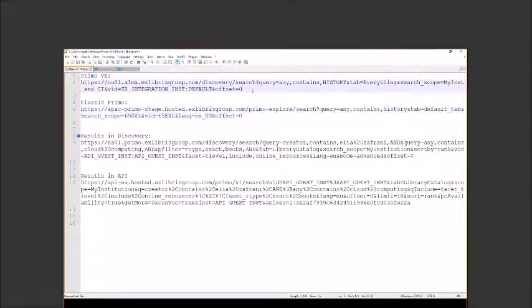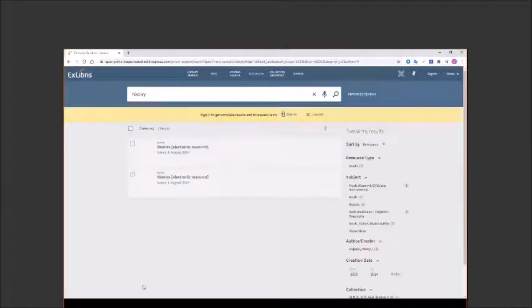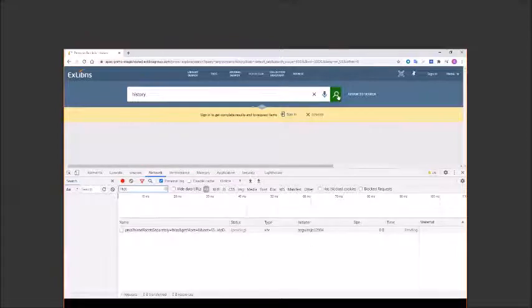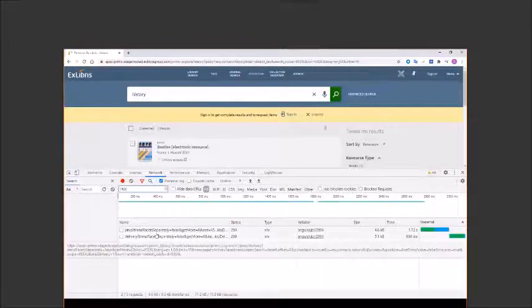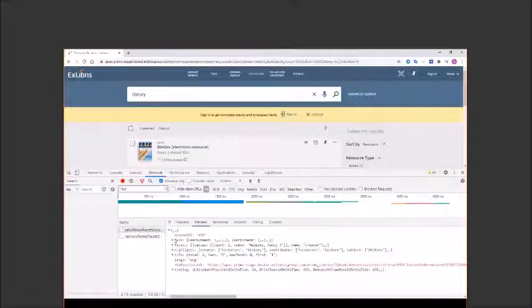Okay, here we have an example of two searches, one in Primo VE and one in Classic Primo. Let's start with Classic Primo. Now I'm pressing F12. I chose network and I filtered by PNX. Let's do the search again so we can catch it. Here under preview, under docs,